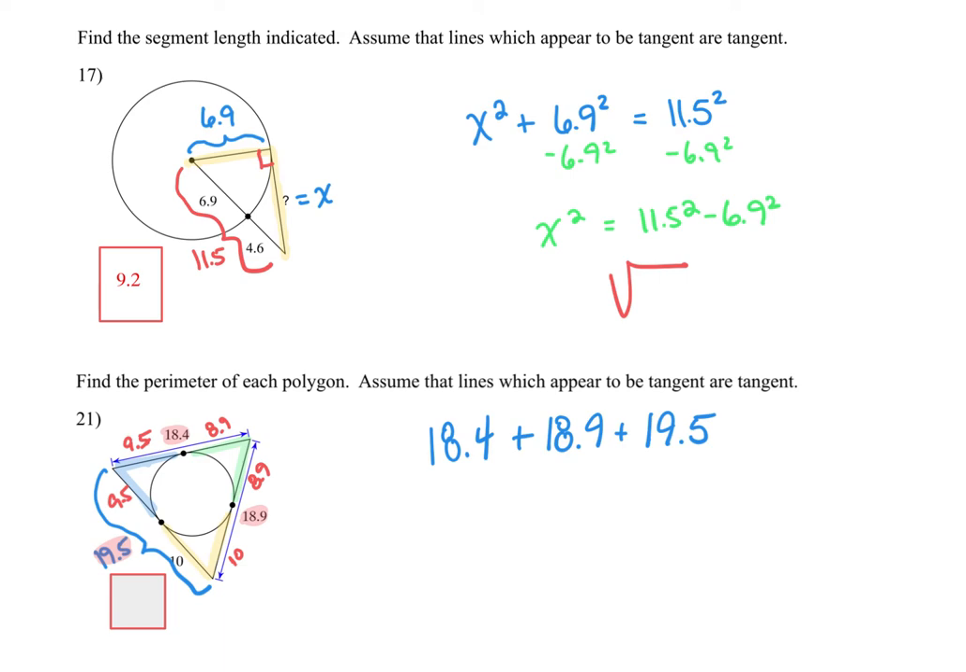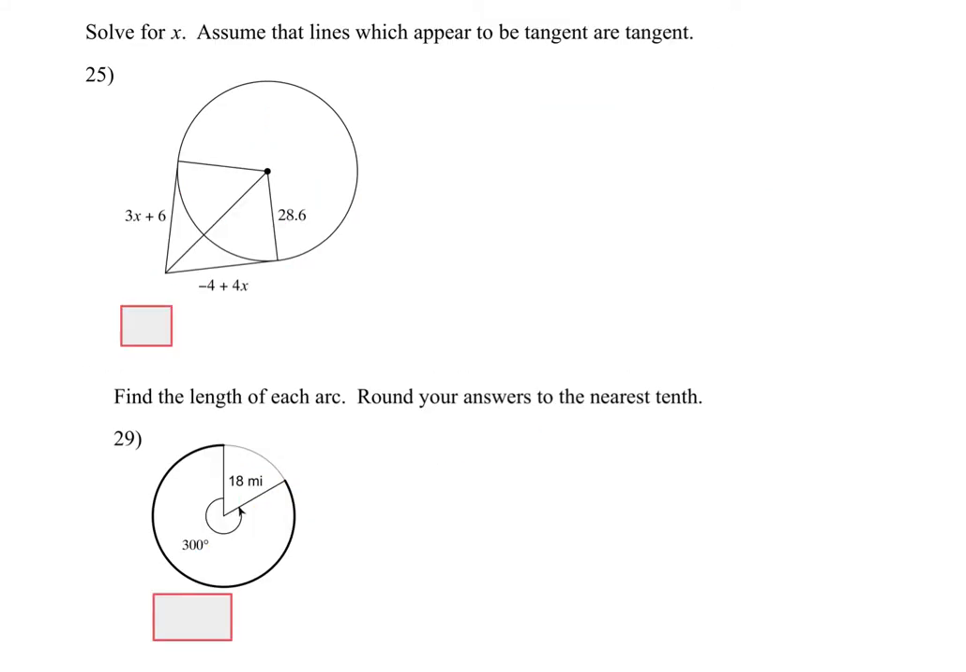So all the pieces are the same. You can see that these two pieces are the same, these two pieces are the same, these two pieces are the same. And then perimeter is just adding your sides up. And so when you do that, you get the 56.8 there, 56.8 when you add all of those up. So when you have two tangents going to the same point, which is what you have right here,